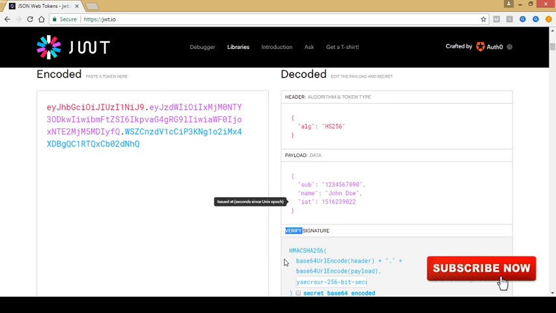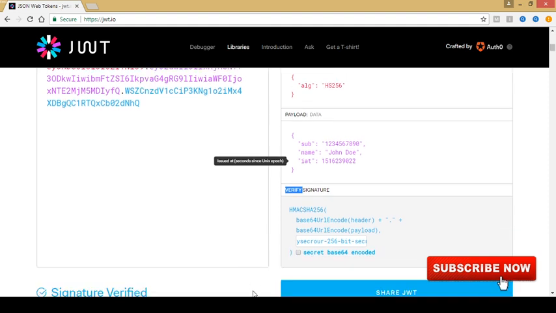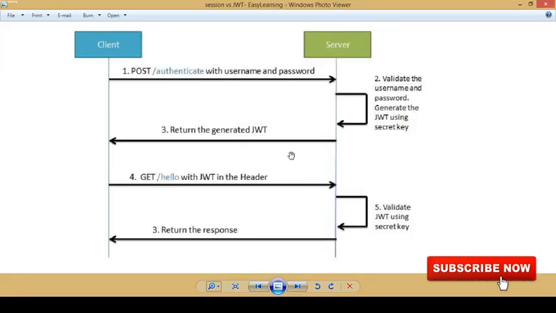Now let's see where we can use this JWT. Let's say I have a scenario here where you want to store your data on the client side. Your server is not going to store the JWT. This suits many examples, like the banking sector.